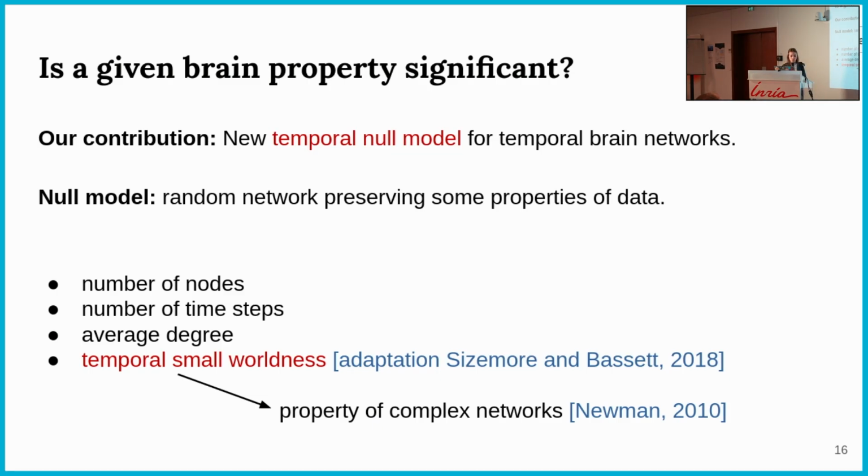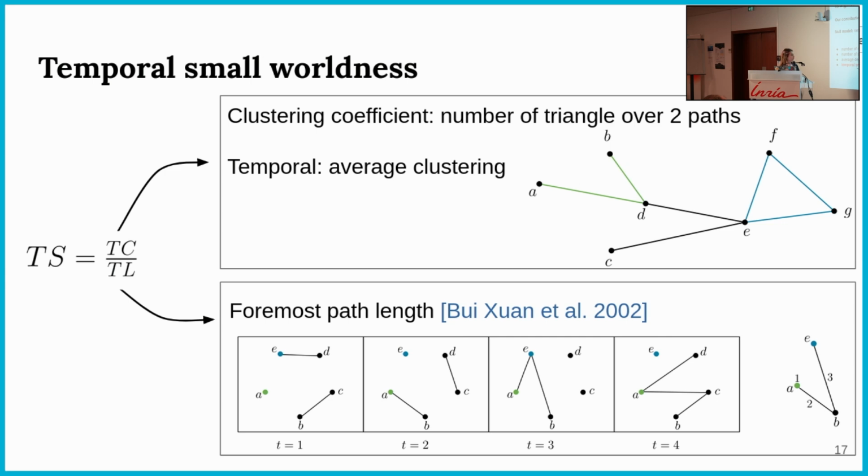We chose to investigate the temporal small worldness because it's one of the two properties that define a complex network, and the brain is a complex network. And so now I want to define the temporal small worldness. In the static case, the small worldness is the ratio between the clustering coefficient and the path length. In the temporal case, instead, it is the ratio between the temporal clustering coefficient and the foremost